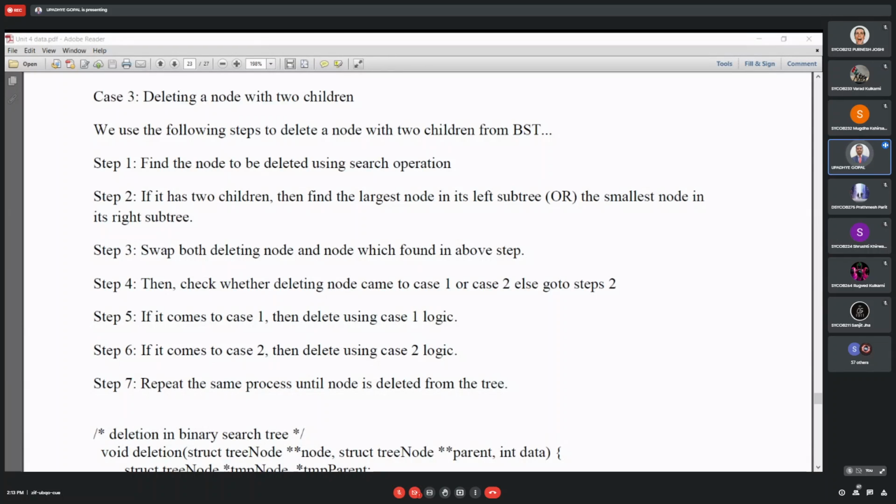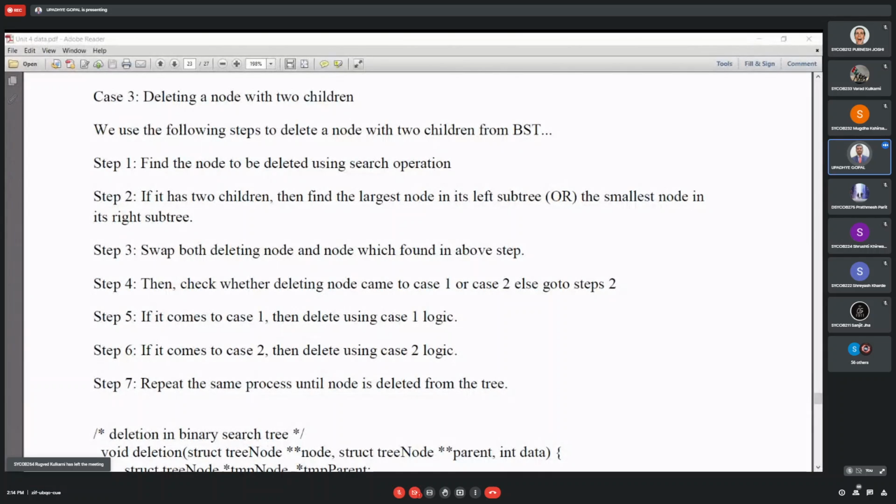It is assignment number 11. Students, as per the syllabus, in group B we have one assignment: write a C++ program to construct a binary search tree and perform insertion, deletion, searching of a node, and its traversal. So this is assignment number 11 as per the syllabus list. You will go for this.